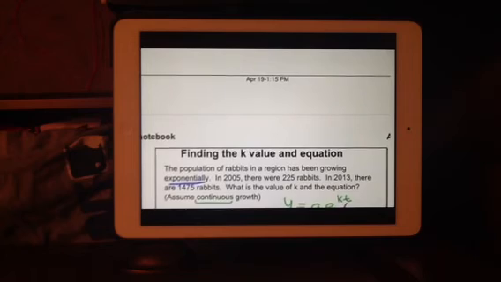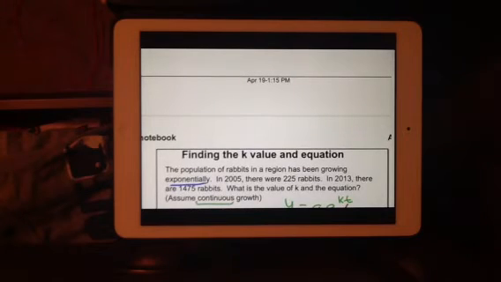Okay, let's scroll down here. So let's say the population of rabbits in a region has been growing exponentially. In 2005, there were 225 rabbits. In 2013, there were 1,475 rabbits. Now, this was a type of problem we did at the beginning of the chapter, but we didn't do